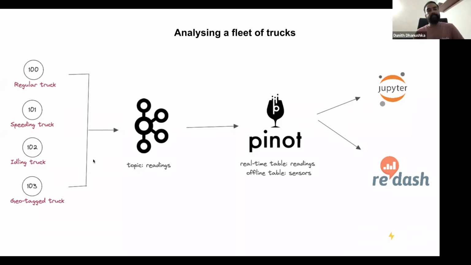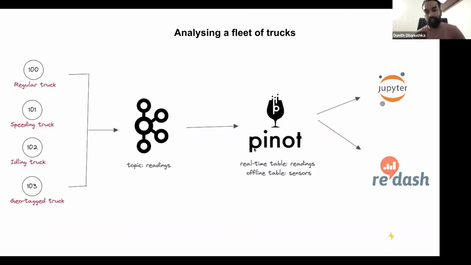All these sensor readings are going to a topic in Kafka. The topic name is readings. Then we have configured a real-time table in Pinot called readings, and this table can ingest events coming from these readings in real time.